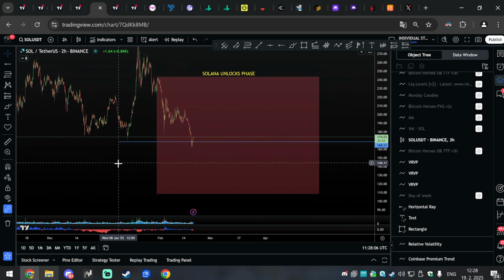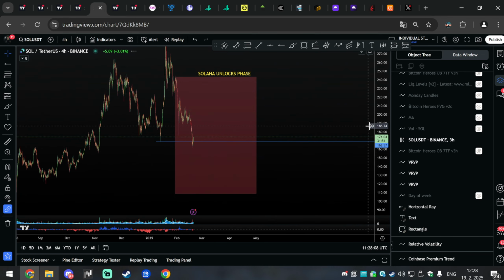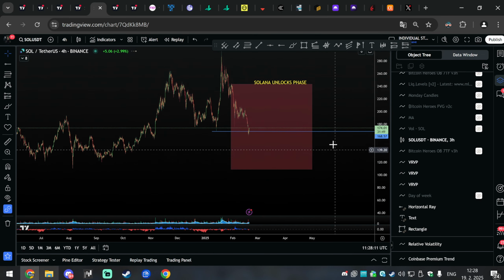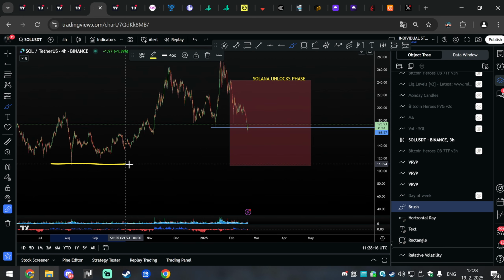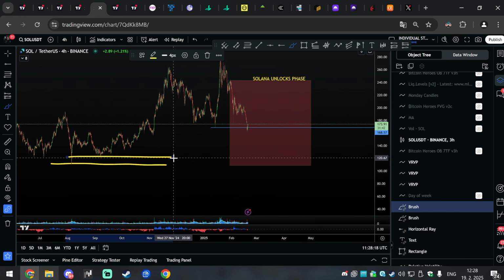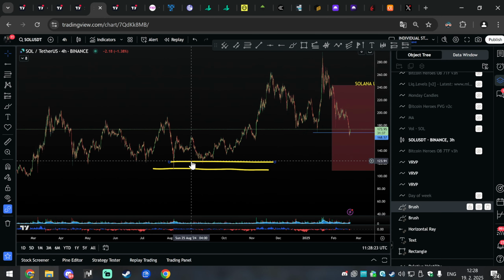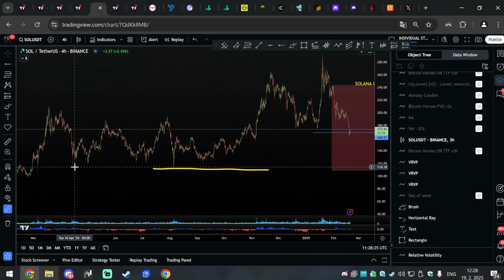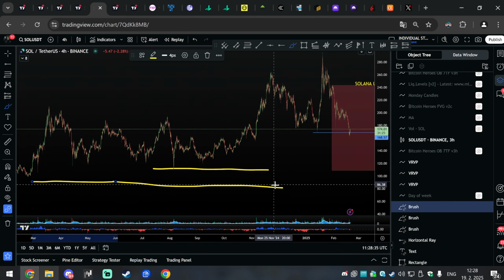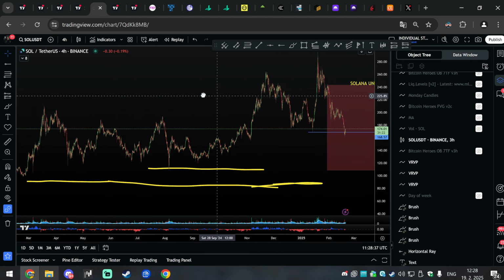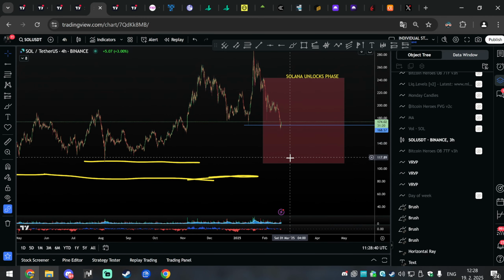Then we don't know where Solana will be, but in case these unlocks are crazy and continue to crush the price, I want to buy Solana below these lines, ideally below 100. You can't imagine how much liquidity is sitting here. So many lows, people from this range were not even properly stopped out. So the liquidity box is here, waiting for us. I will be plotting this liquidity from the liquidity tools, in case these unlocks pressure the price further.